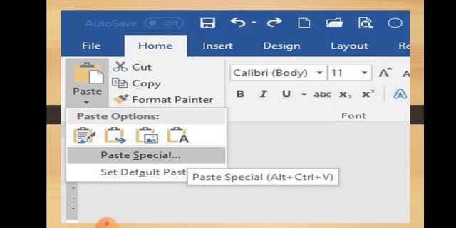Now next one, the paste option. You can find the paste option on the ribbon bar. Here you can find the cut and copy options also.